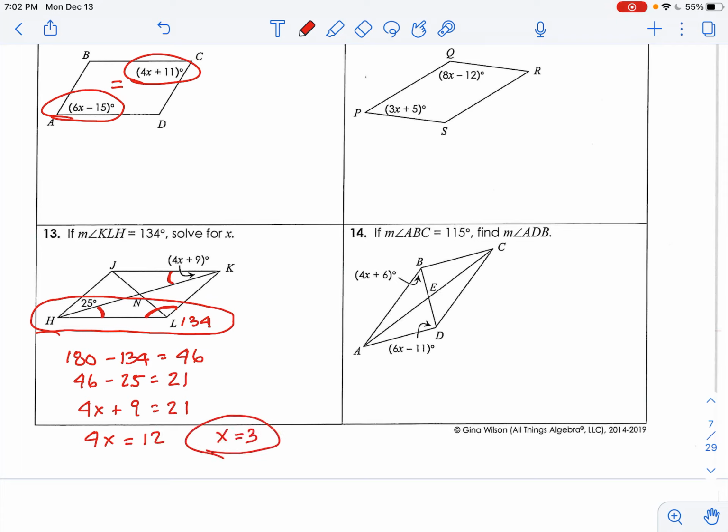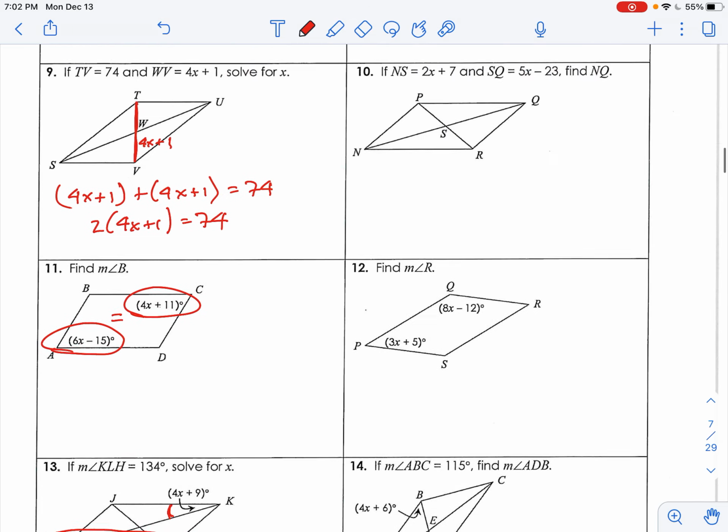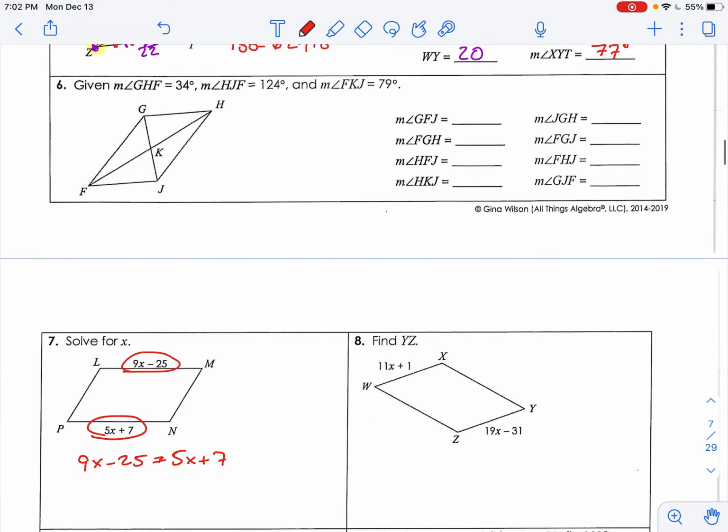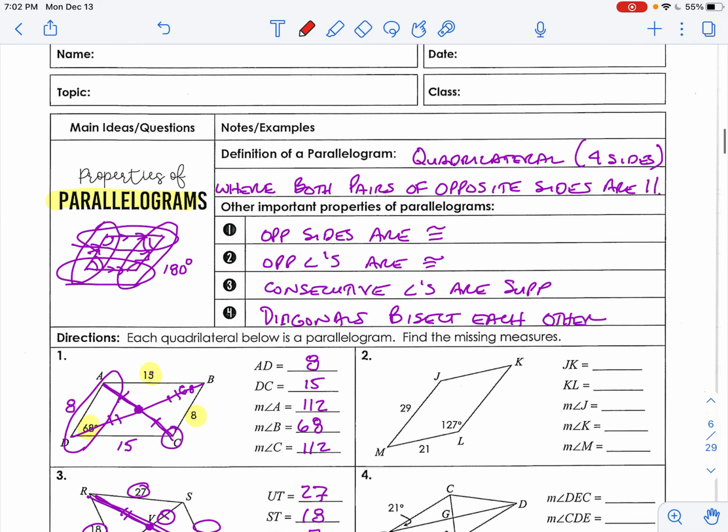So that one's a little bit tougher, maybe a little beyond what we're going to ask on a test, maybe not, as one of the advanced questions. But there was a lot going on there, yes? I figured out this missing angle using the supplementary part, and then I used alternate interior angles to get that. So that's the most challenging one. Okay, so that sets the stage for what I'd like you to do. Tomorrow we'll talk about this, or the next day of class we'll talk about it. Yep, and set you loose on the